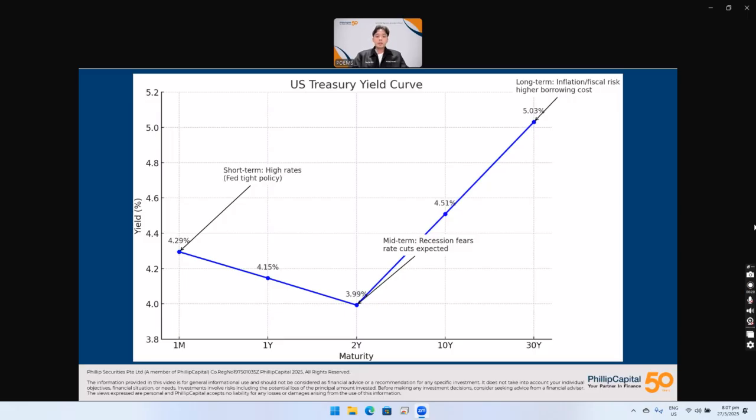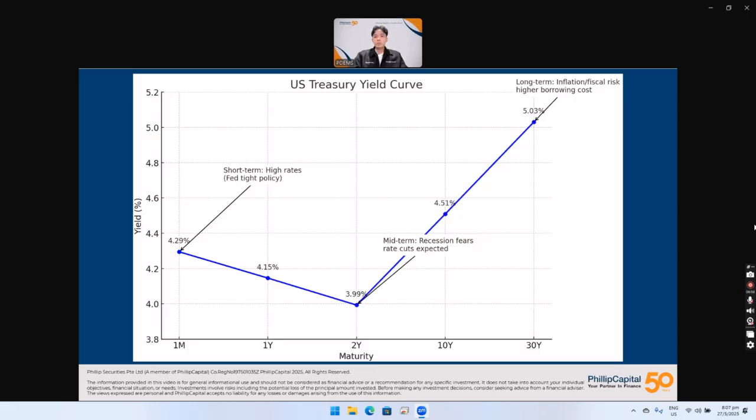So what a normal yield curve would look like is straight up, like a gradient up. You won't see this dip in the midterm. Usually it's way above, and that would mean that the economy is doing very well. But of course, COVID came in, inflation came in, and there was a need to increase interest rates. So what you're seeing right here is higher rates now, and then in the midterm, it'll cut all the way down,